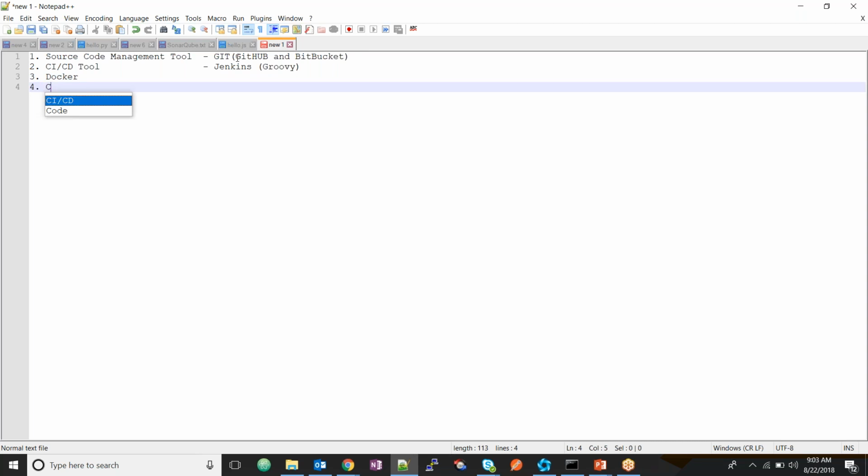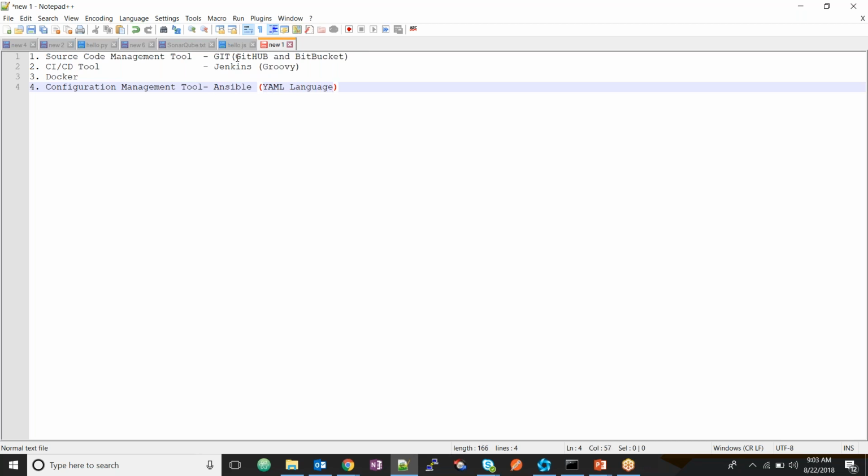And the fourth thing is configuration management tools. In configuration management tools, I'm teaching Ansible. For this, we need the YAML language.